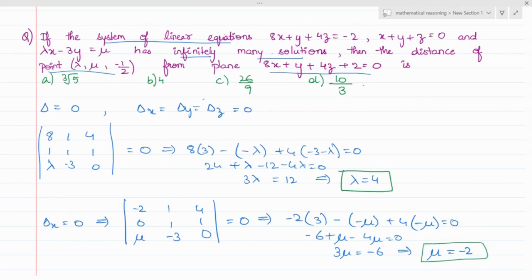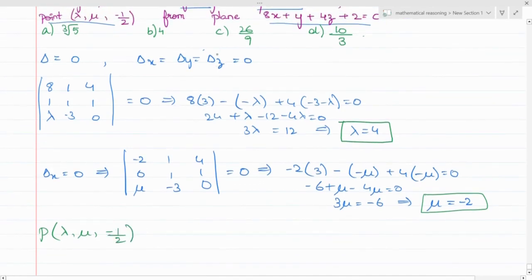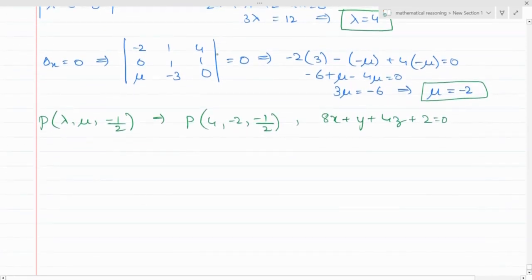So just substitute in the point. So assume point P, and it's given as lambda, mu, minus half. So it becomes P equal to (4, minus 2, minus half). What's the plane equation? 8x plus y plus 4z plus 2 equal to 0. So this concept you'll learn in the chapter planes, but here we'll have a direct formula, that is, if the point is x1, y1 and z1, and the plane equation is